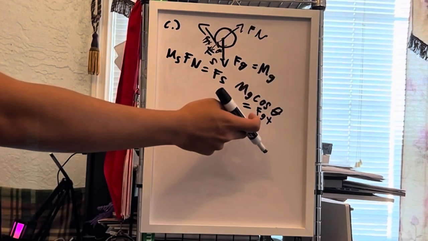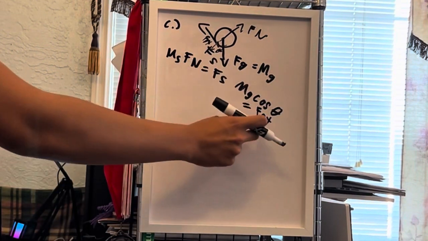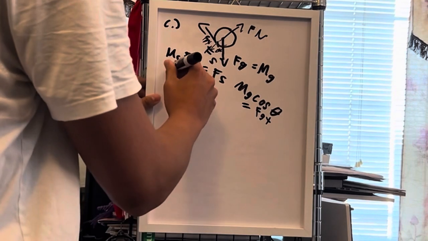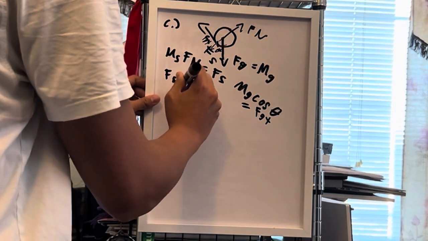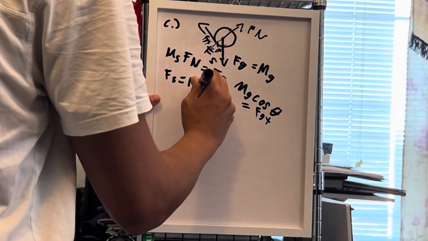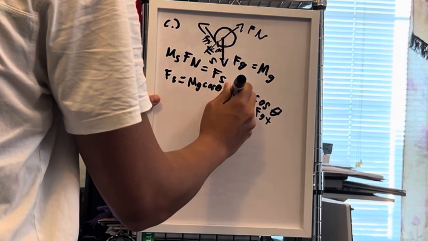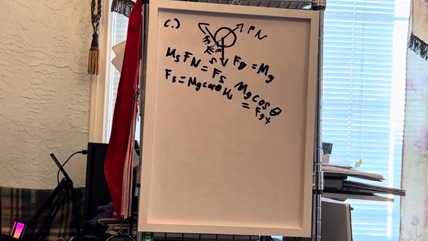And then Fn is equal to Fgy, so mg cosine theta right here, times mu s to get Fs. So Fs is equal to mg cos theta times mu s. Like so. So now that I have that established,